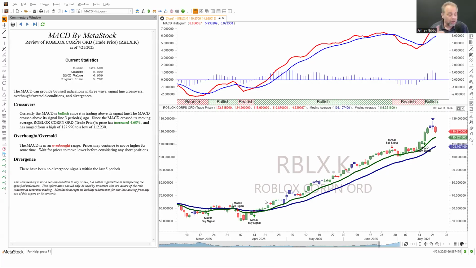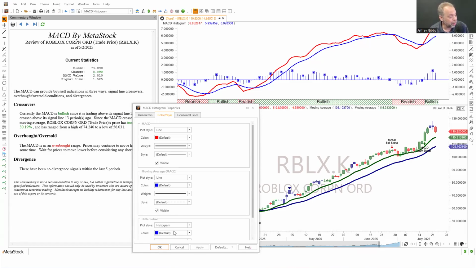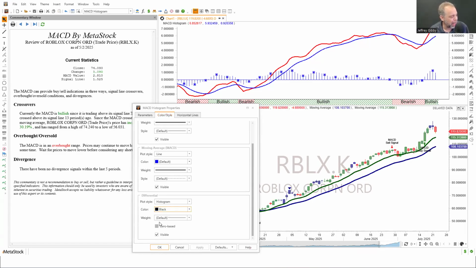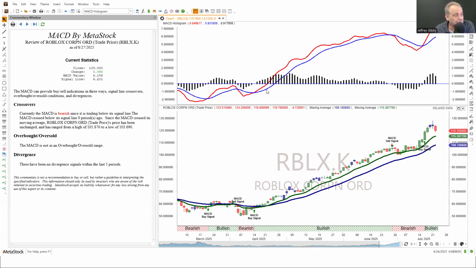When Dr. Elder talks about MACD divergences, he generally looks at the histogram, this blue level here. Since we're going to talk more about that, I'm going to make it a little thicker. Let's turn it into black and make it a little fatter. I'll apply it to the chart, click OK, and then we can see it. I'm going to move this bullish bearish line back down, and we'll talk about his rules for spotting MACD divergence.